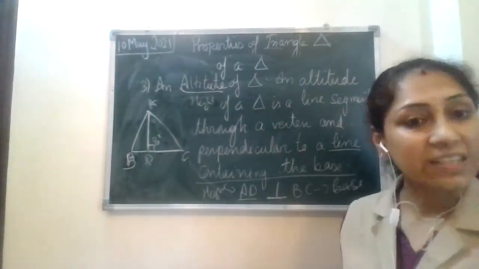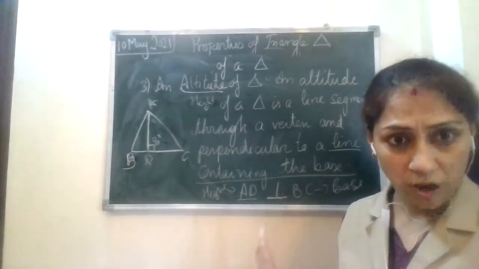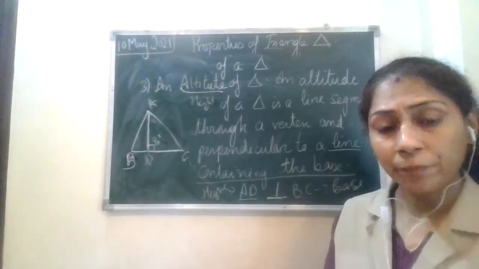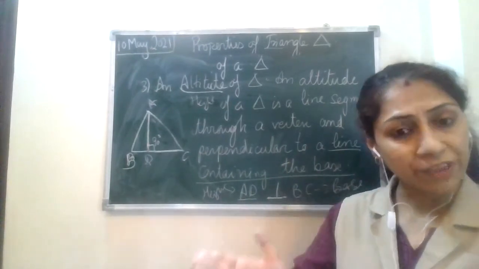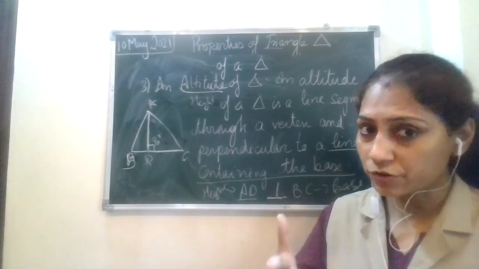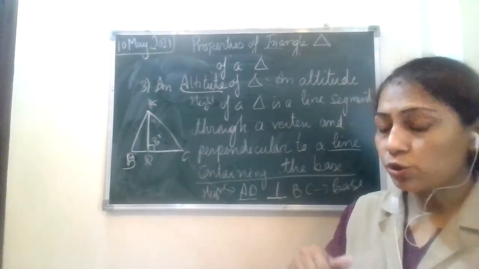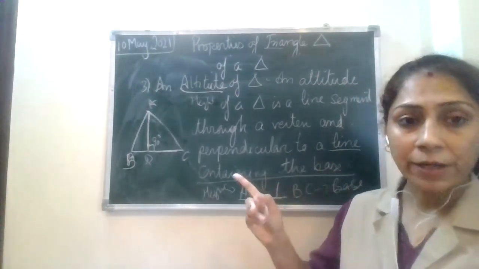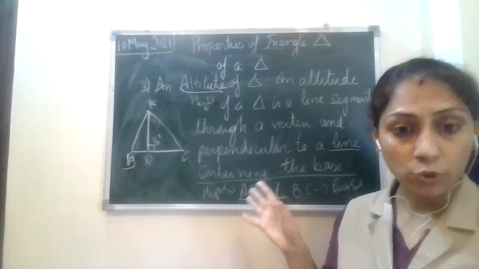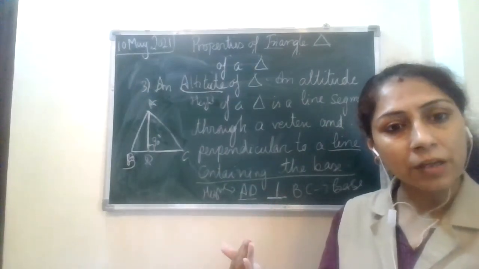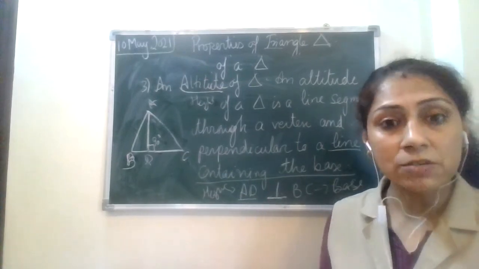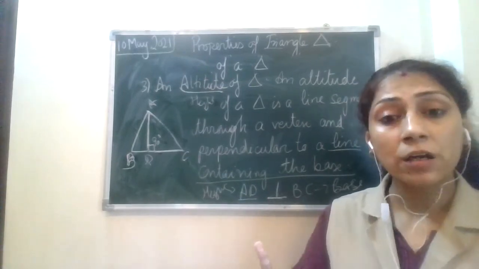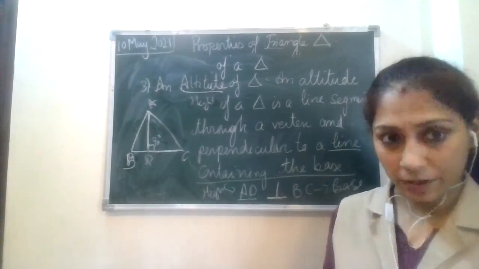So I hope this session is useful for you and you have done 3 properties today. Triangles, types of triangles, on the basis of size, on the basis of angles, terms related to it, and the new terms, that is median of a triangle and the altitude of a triangle. Okay, more properties I'm coming. I will be covering in my upcoming sessions. So no worries, we'll go slowly, but properly we will go in a thorough manner, right?